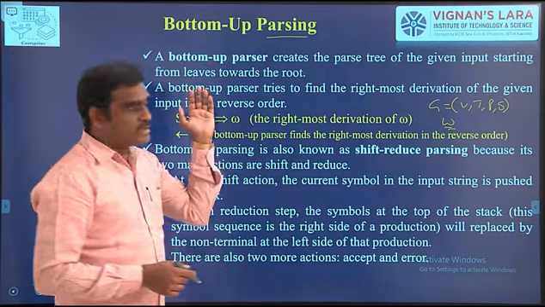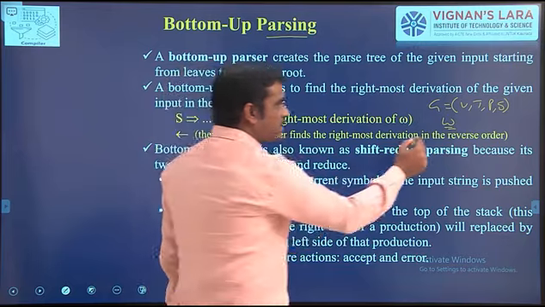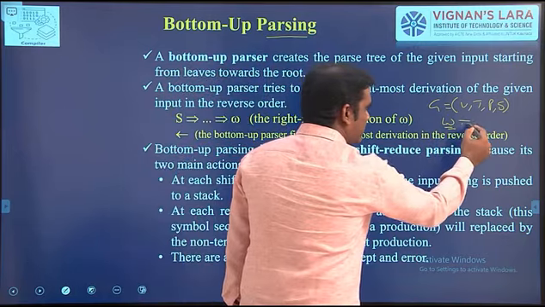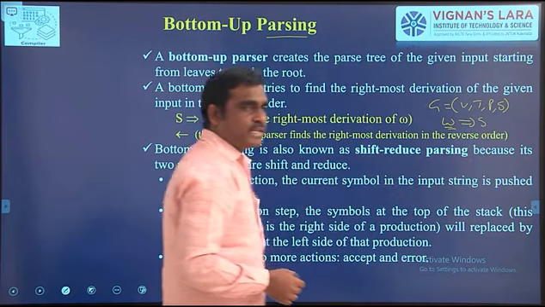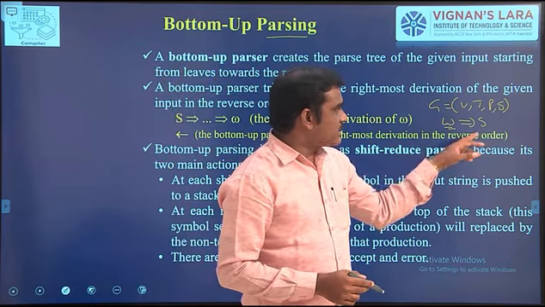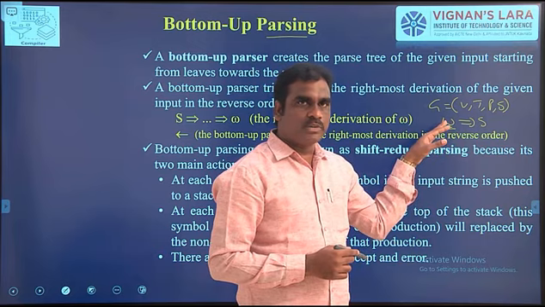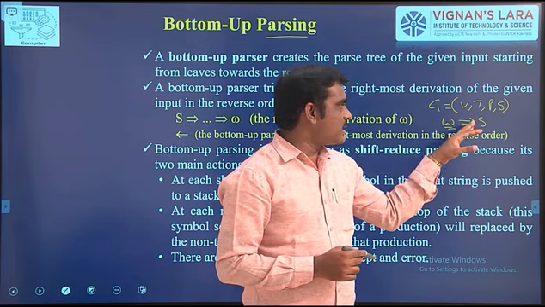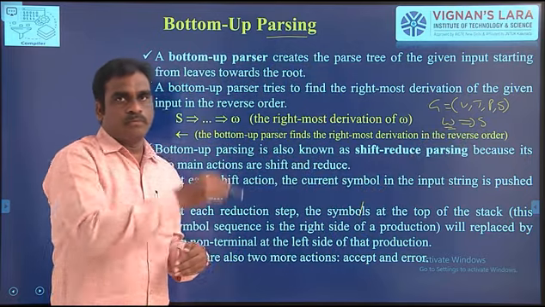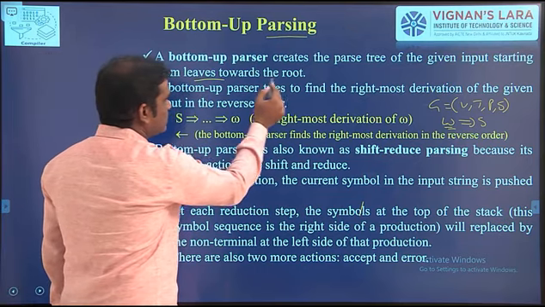Whereas this is a bottom-up parser. Bottom means nothing but string. So it starts with input string and moves towards the starting symbol of the grammar. For example, take S as the starting symbol of the grammar. Then the tree is like this. So it starts with bottom, that means leaf nodes, and moves towards the root element. Root element means nothing but starting symbol of the grammar. So this is bottom-up approach: leaf nodes to root element. That is the first point, leaves to root.